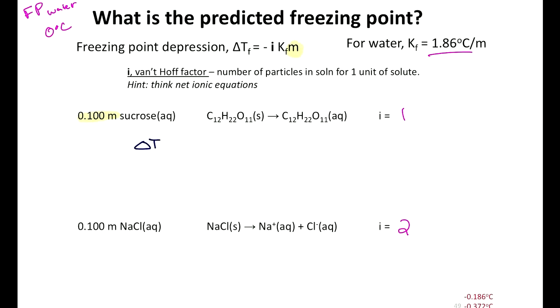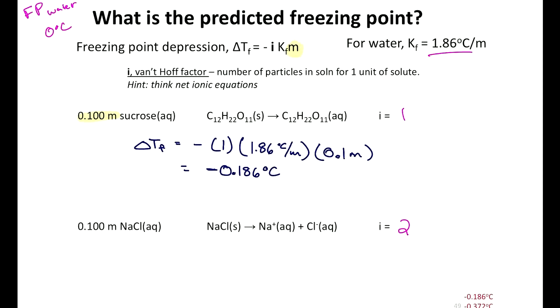So delta T_f for this solution is negative. Don't get confused about the negative. The negative is just trying to remind you that this is freezing point depression. Whatever number we calculate needs to be subtracted to make the freezing point of water lower than it is in the pure phase. So negative 1 times the constant, 1.86 degrees Celsius per molal, times the molality given, 0.1 molal, who cares about sig figs, right? And so you calculate this, and you get that the freezing point depression is